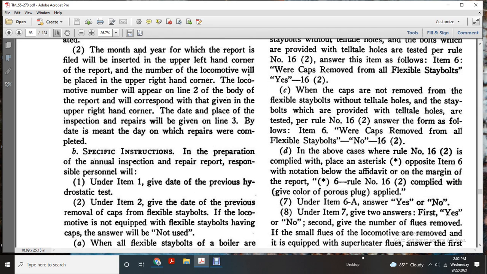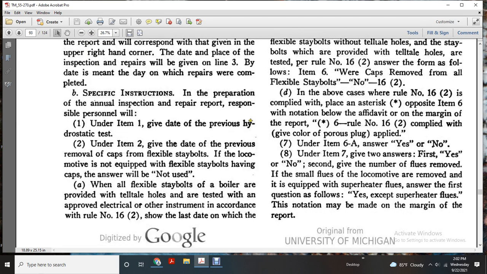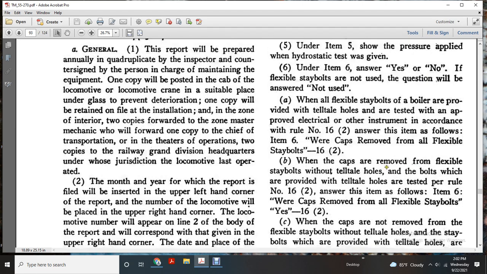Specific instructions on the preparation of the annual inspection repair report for a responsible person: under item 1, give the date of the hydrostatic test; and under item 2, give the date of the previous removal of the caps of the flexible staybolts. When all flexible staybolts and boilers are provided with a telltale hole for the test of the roof, the electrical or other instrument in accordance with rule number 16.2 shows the last date on which